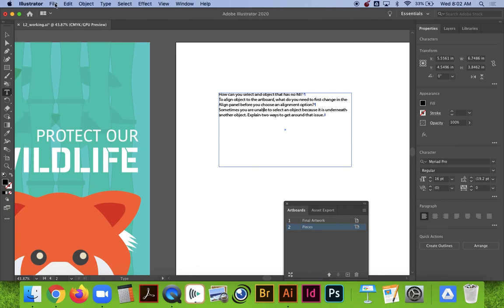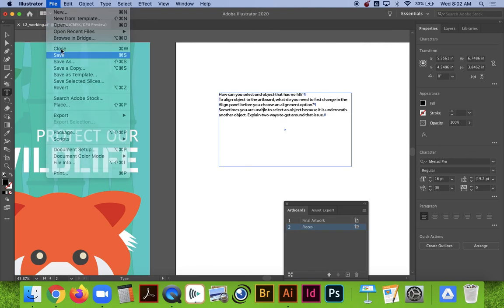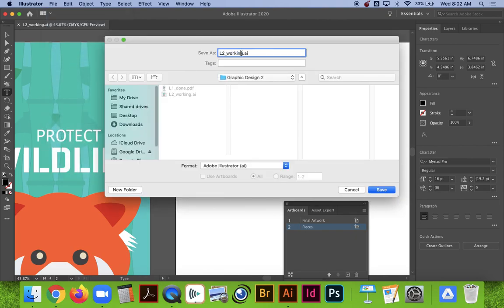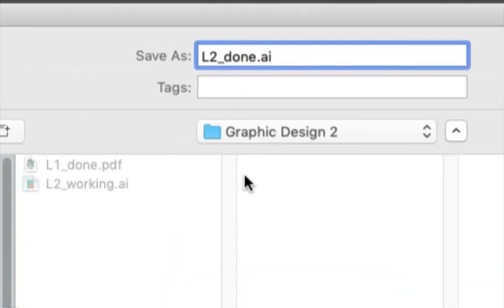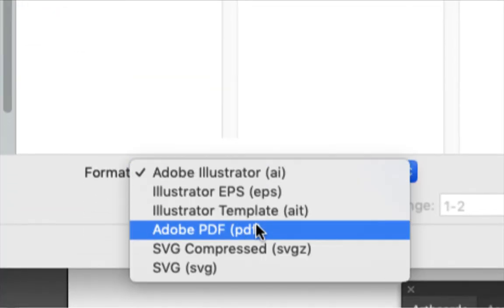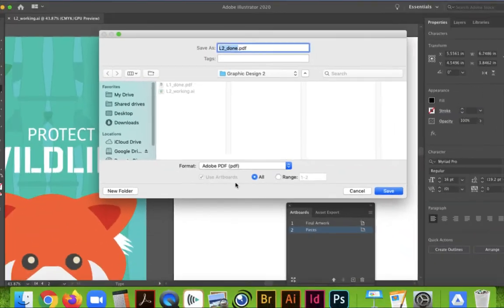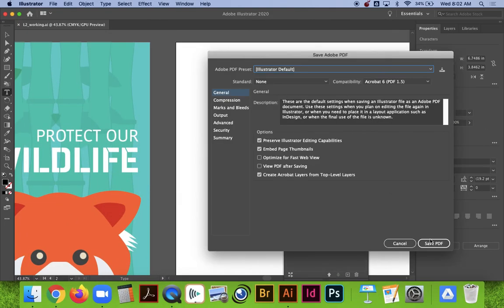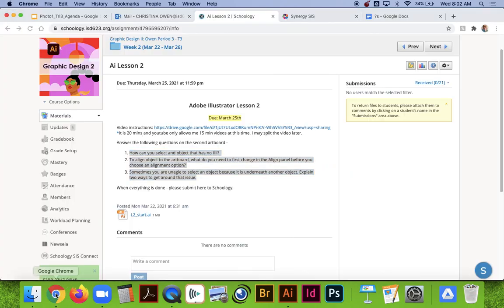When you're done, File, Save, and then to submit it, you need a PDF. So File, Save As. Instead of working, it is now done. And instead of a .ai, it is now a .pdf. Make sure it's going to your folder. Hit save, and then upload back to